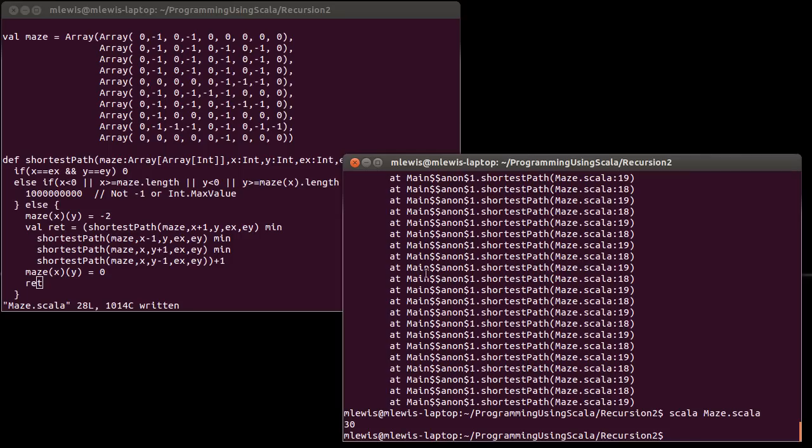Well, interesting question. Does it take 30 steps to get out of this maze? 1, 2, 3, 4, 5, 6, 7, 8, 9, 10, 11, 12, 13, 14, 15, 16, 17, 18, 19, 20, 21, 22, 23, 24, 25, 26, 27, 28, 29, 30. Yes, indeed it does. Okay, so we have a working function here. We'll come back next time. We will animate this so that you can actually see the algorithm working, and hopefully that will help you to understand it. And then we'll also look at the shortcomings of it and see if there's any way that we can